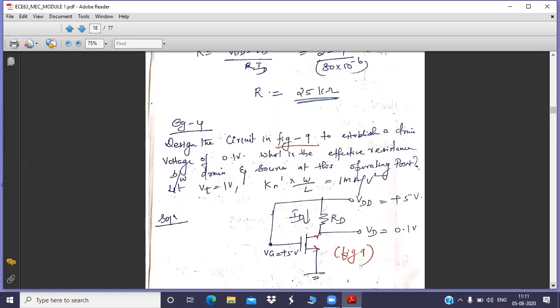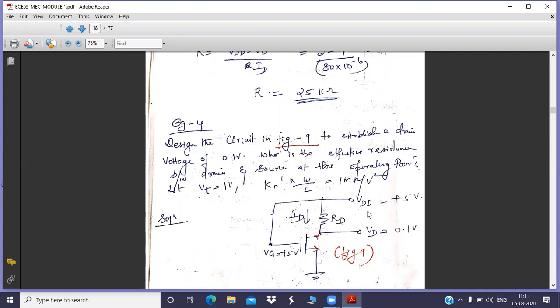Just a small difference in the circuit diagram: the connection between gate and drain. In the earlier circuit, you have connected this gate and drain. This wire was here only, isn't it? Now what I have done is I have connected this gate terminal to the supply point. Instead of connecting to the drain terminal, I have connected this gate to the supply point, that is VDD. So whatever I have given, that is plus 5 volt, that is appearing here as well. Okay. If you are short circuiting two terminals, it means the voltage on one terminal is going to appear on the other terminal also.